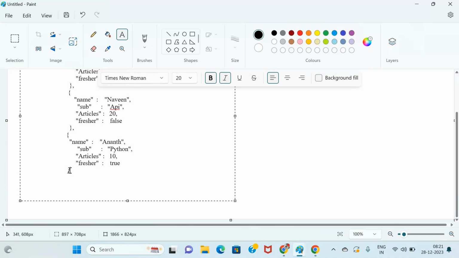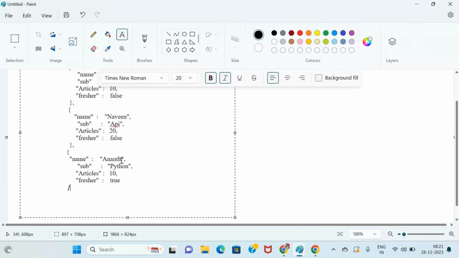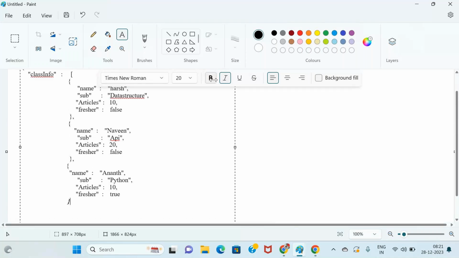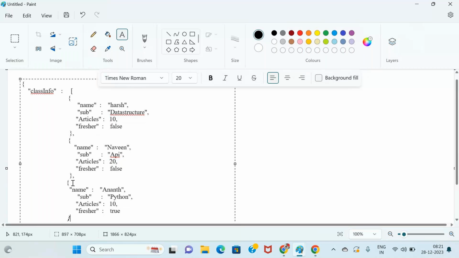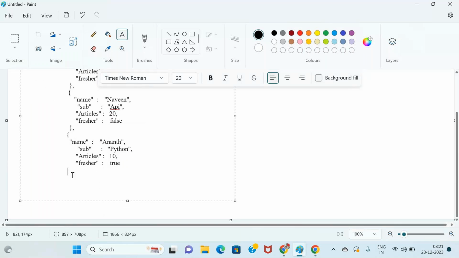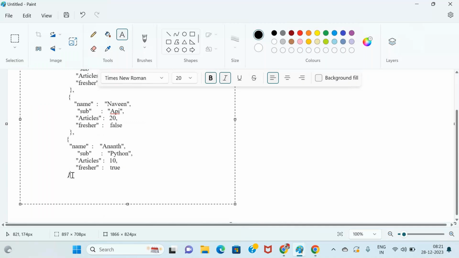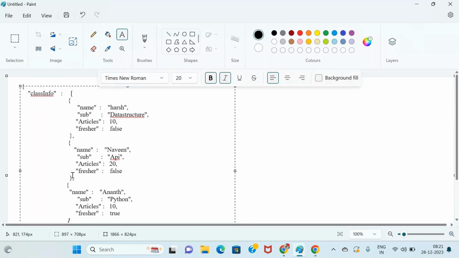Okay, fine. So now if you can see here, the object has started here and it's closing here. The object has started here and closing here. The object has started here and closing here. Okay, so then I have maybe finished